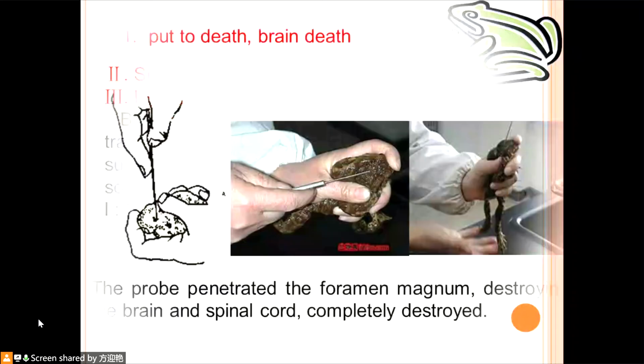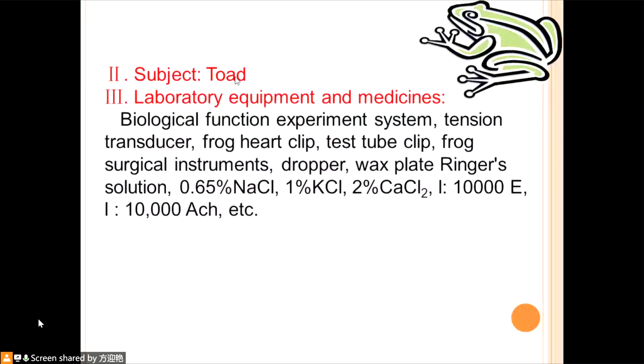And for the subject we use animals, the frog or toad. The laboratory equipment and medicine include the biological function experiment system, a tension transducer, a trestle, a frog heart clip, a test tube clip, frog surgical instruments, a dropper, and the Ringer's solution, that is, solutions like